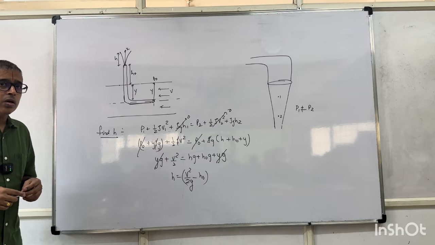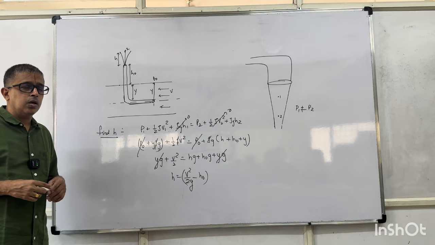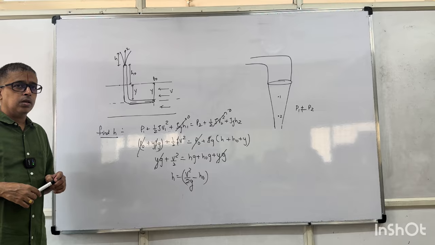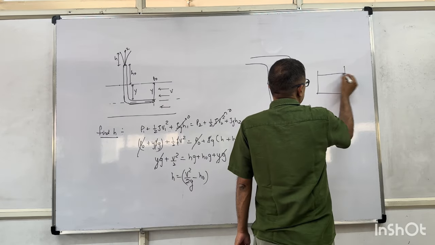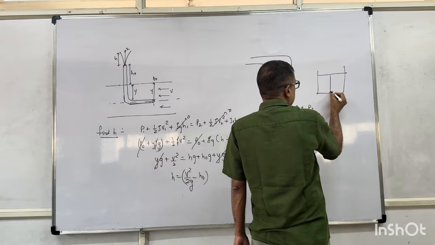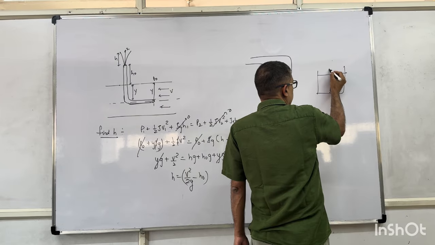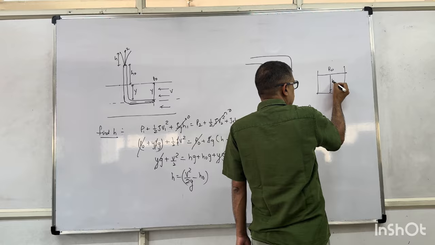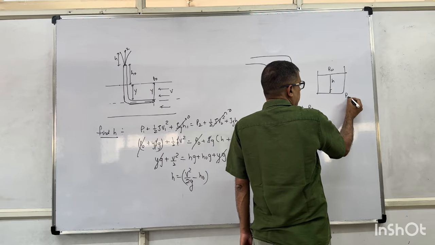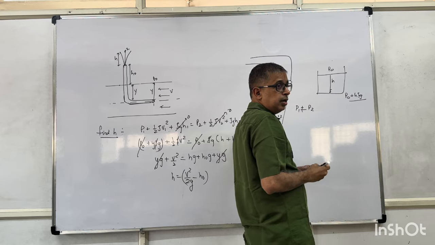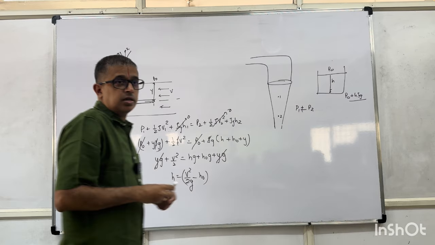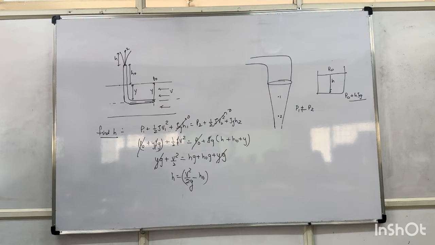Pipe is not open to air. You are telling me in a container, if I want the pressure here, this point is not open to the air. So I will take only H rho g as the pressure here, or P naught plus H rho g. This point is not open to the air. Shall I say only H rho g is the pressure? Because the pressure of the air acting on the surface is an